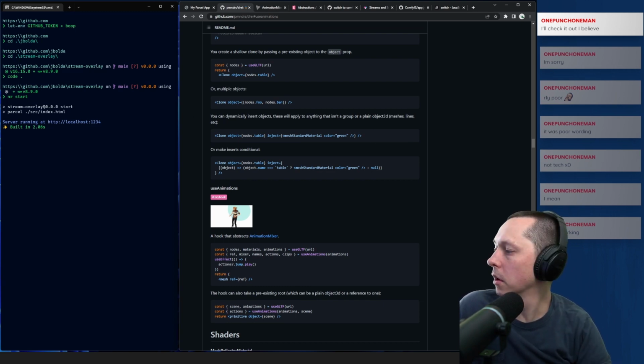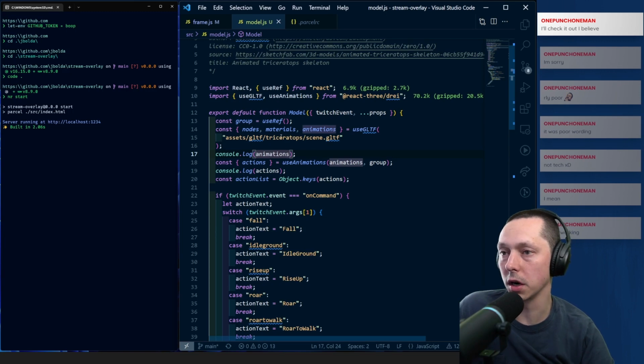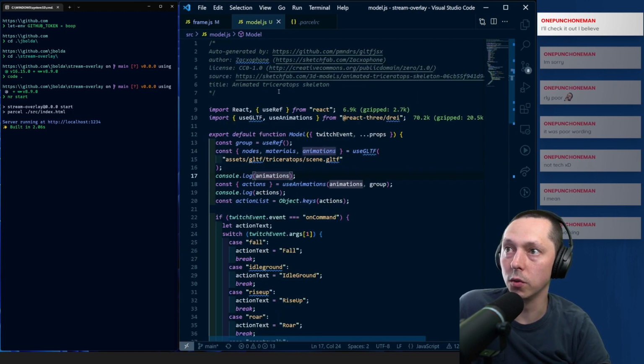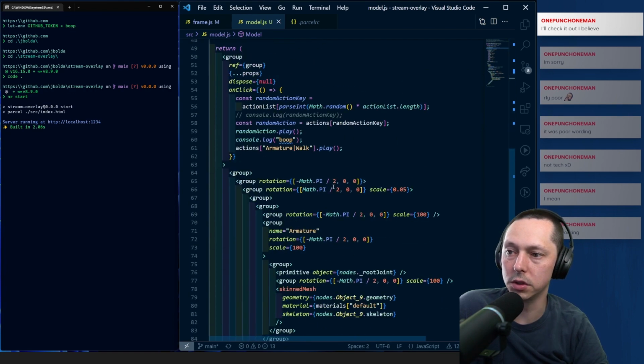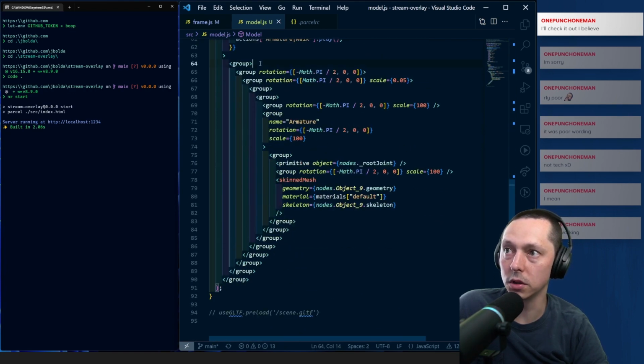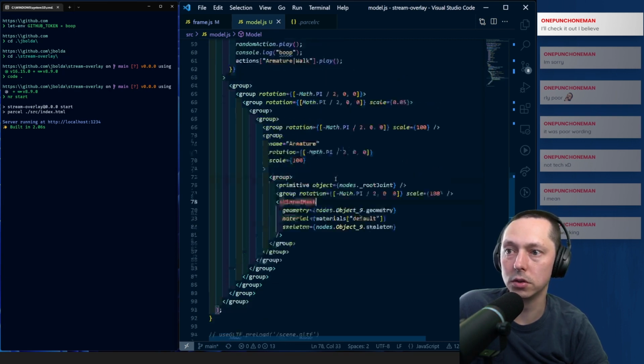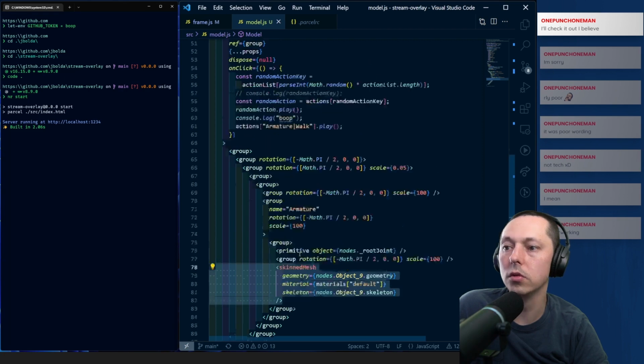And coming back around to how the model was made, we used this library that took a GLTF and converted it to a JSX, which then gave us access to some of these pieces within it. So this is like the JSX equivalent of the model, to where the skin meshes the whole thing.